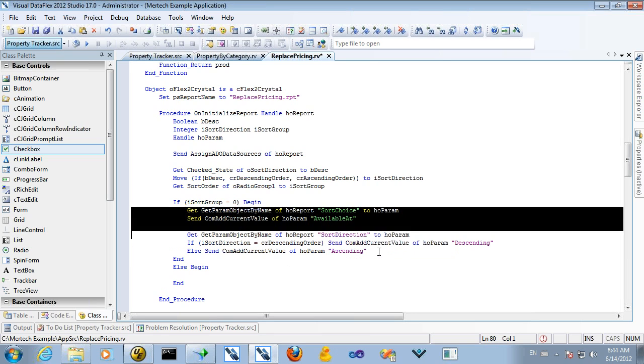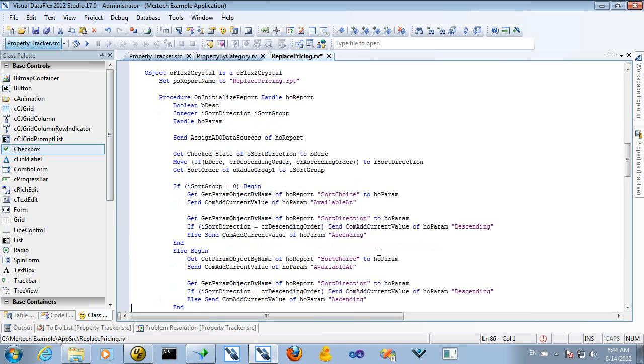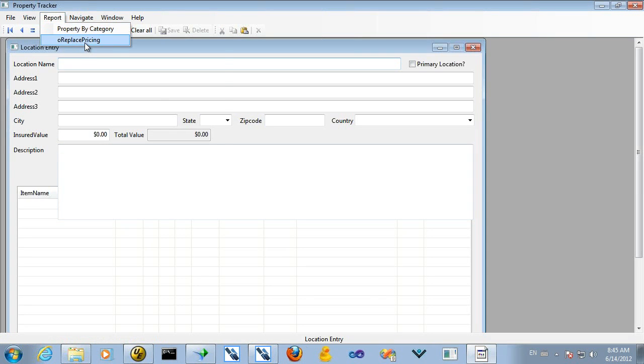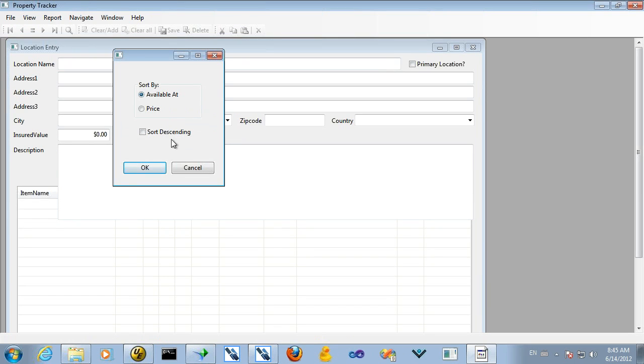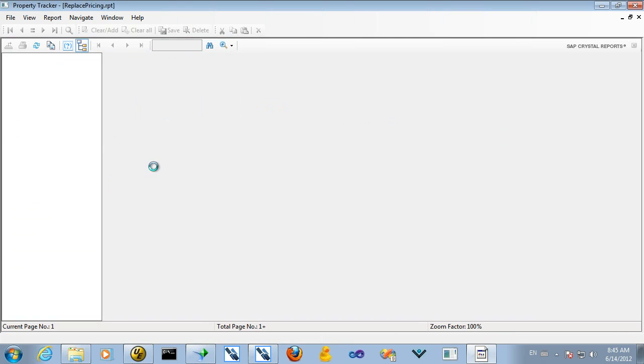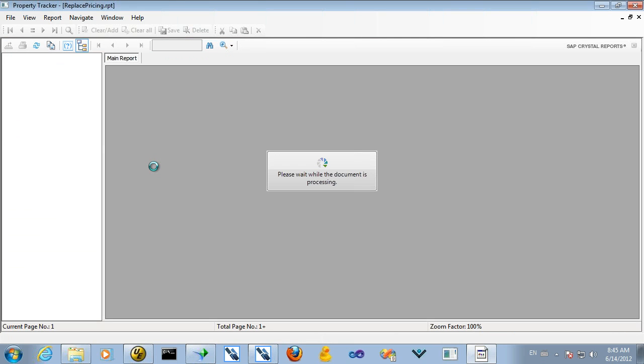So we're going to just copy this same code down in here, and instead we just change this to price, and otherwise everything is identical. So if we go ahead and run this now, see again if I've made any errors, any typos. Hey, it looks like I'm doing pretty good so far on these. I'm not making any typos. Okay, so available at, and we're going to say sort descending. So in this case, we should see,